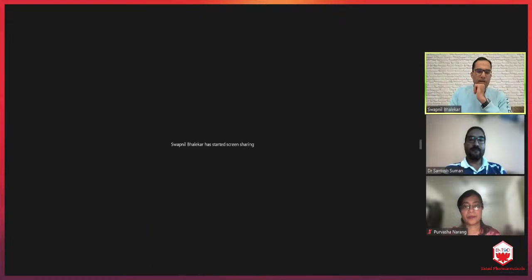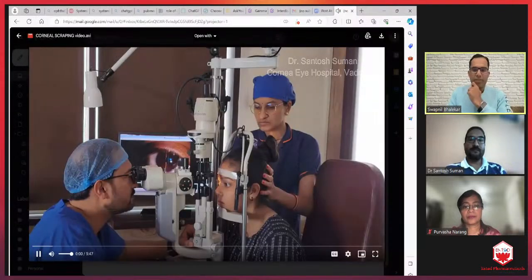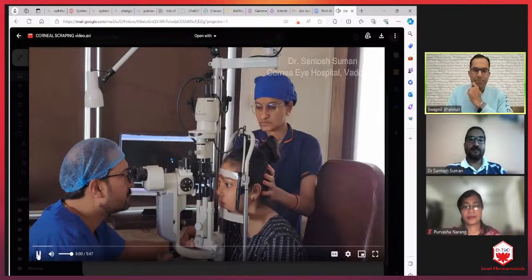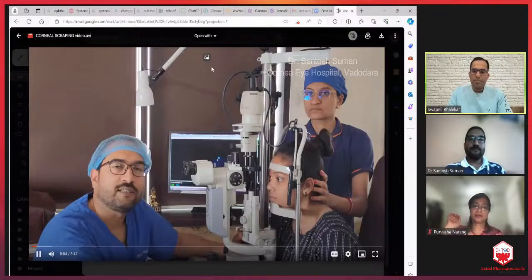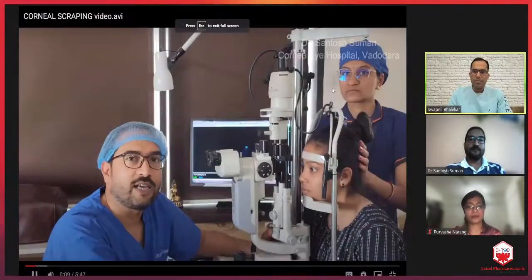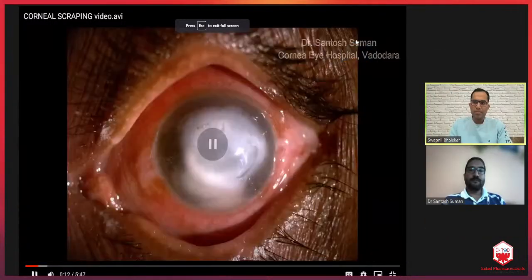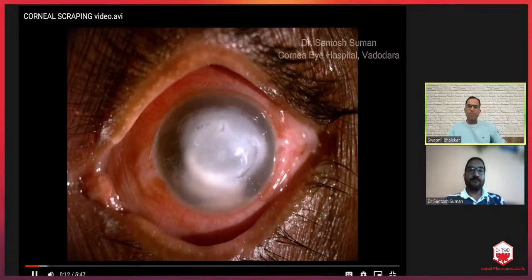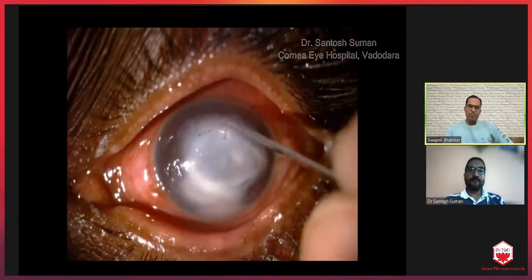So you can see, right? It's audible. Corneal scraping provides the most valuable specimen in cases of infective keratitis for its diagnosis and management. Scraping is also done as a therapeutic procedure for better drug penetration and sometimes to reduce the load of microorganisms.